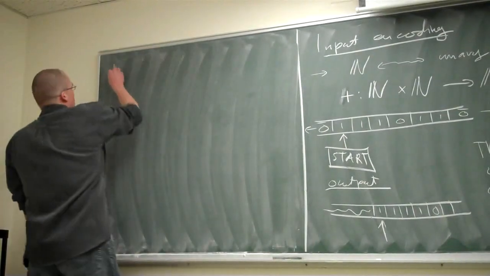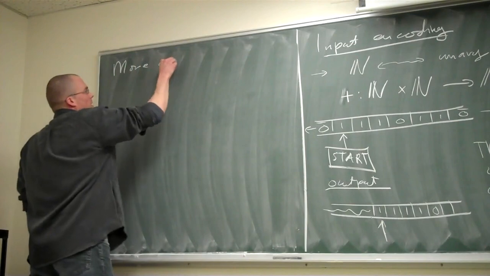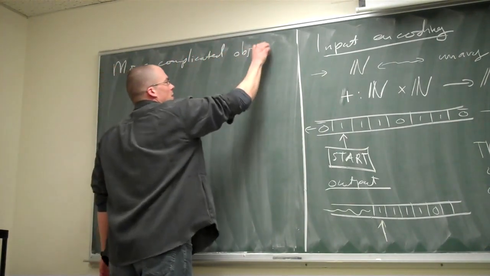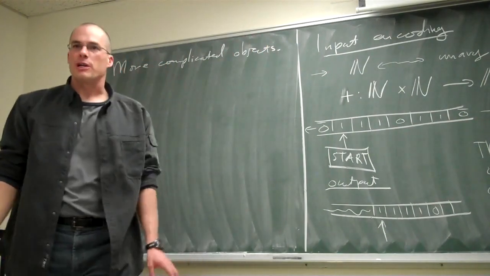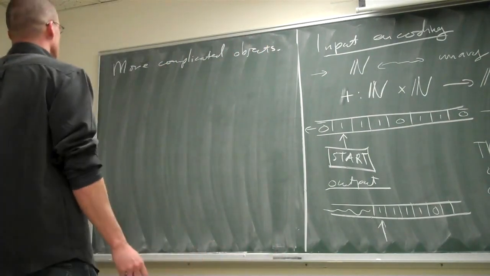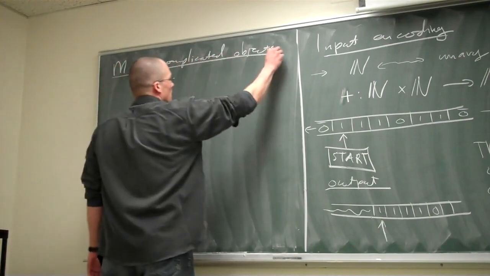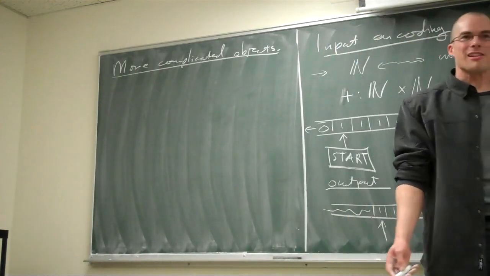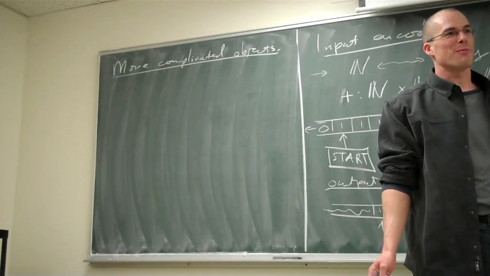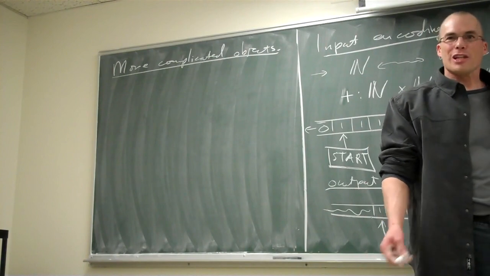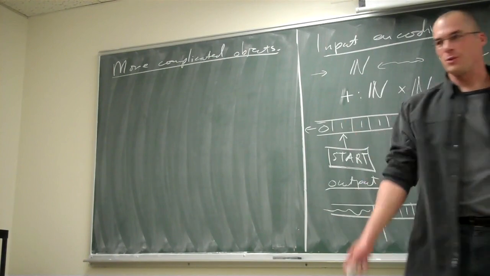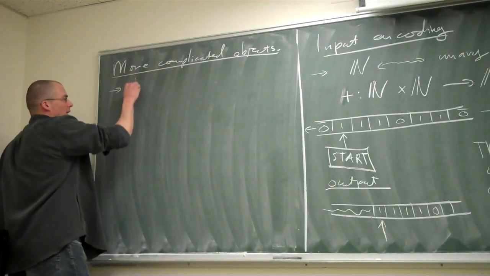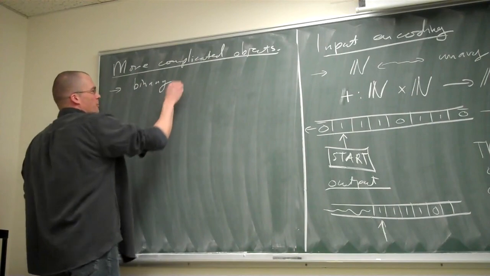So we also want to deal with much more complicated objects. Right, but as soon as you see this trick for the finite sequences of natural numbers, then really you can see that there is a lot of flexibility, and you can do a lot of nice things. Simple things are like, I don't know, binary